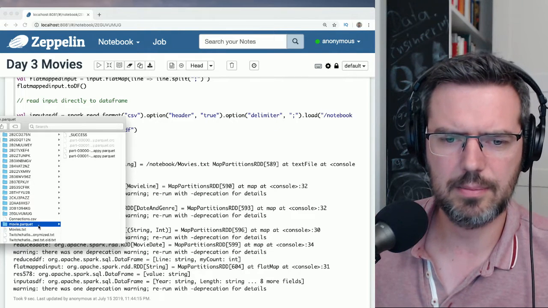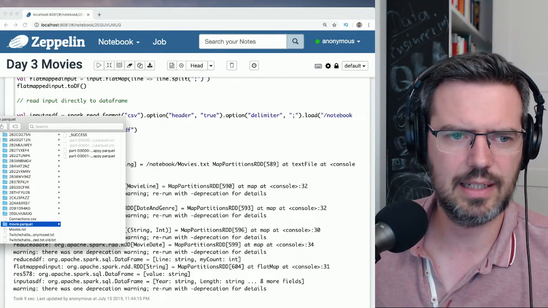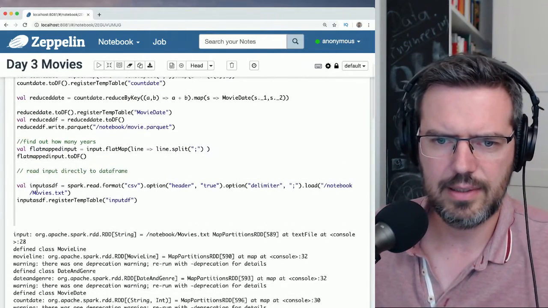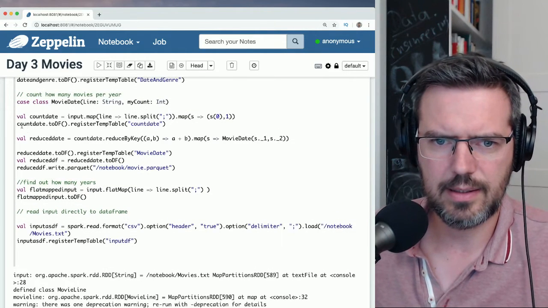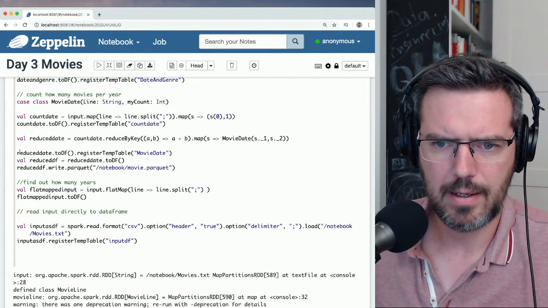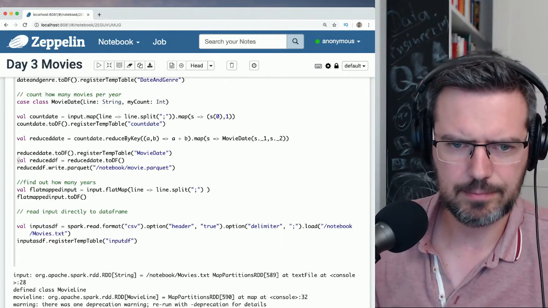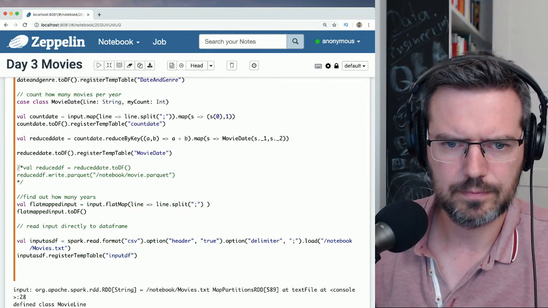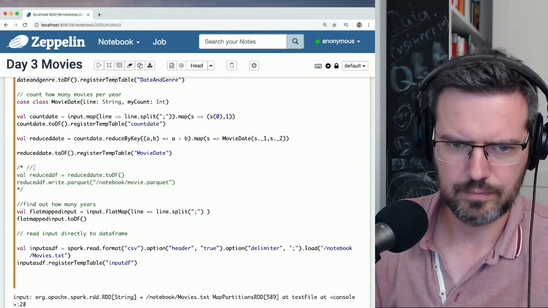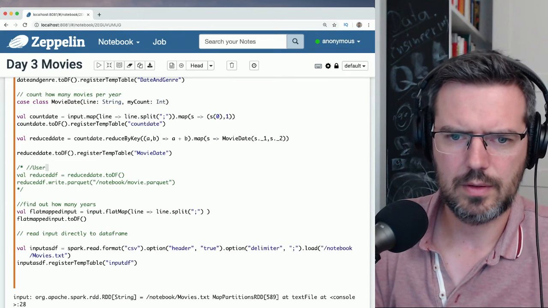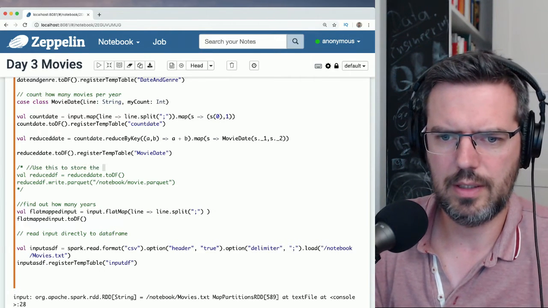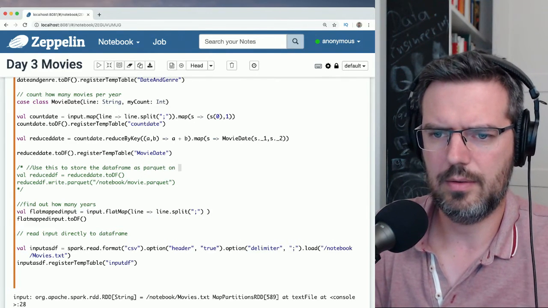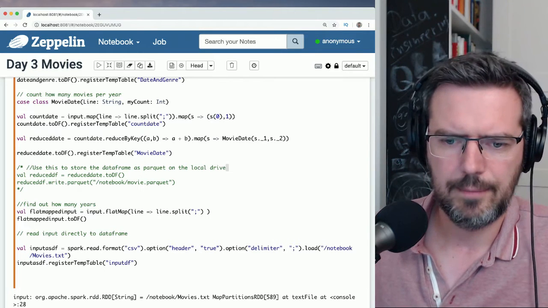Oh, you cannot see this, it's a bit small. And then I can see the parquet file in it. So let's do something different. Let's comment this out again. Use this to store the data frame as parquet on the local drive. And then